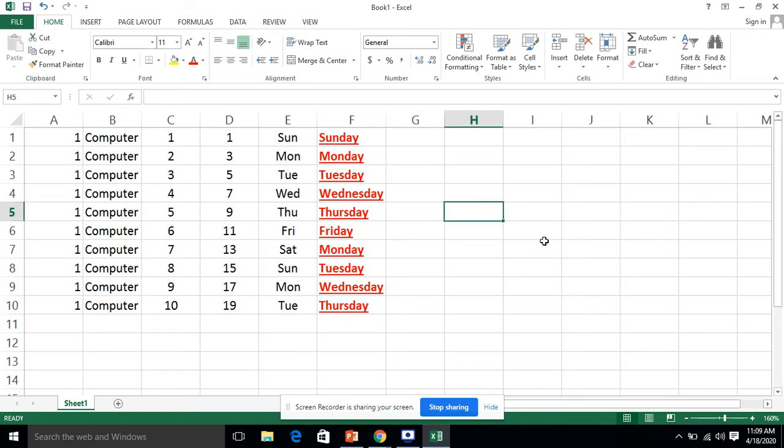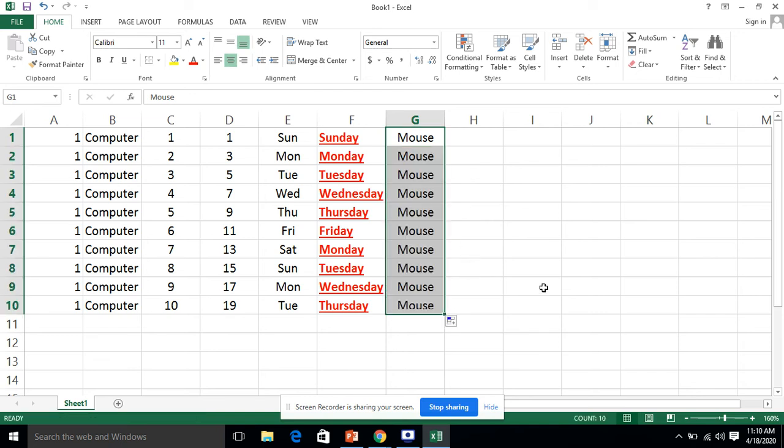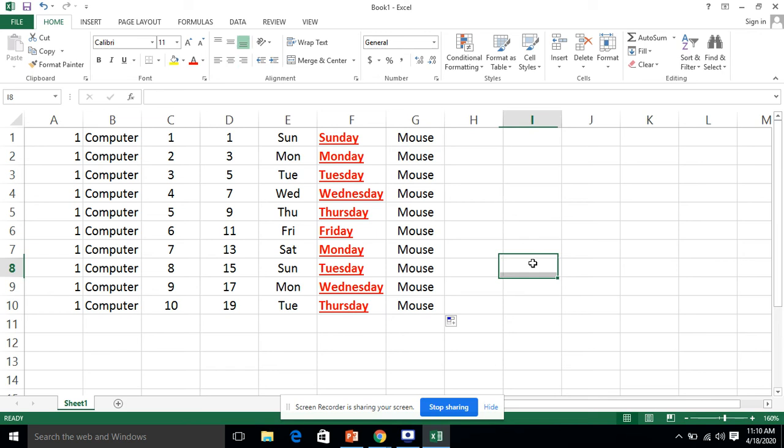For example, I want to have a series of devices. When I write mouse, then keyboard should be there, then monitor, then all the devices should come. But there is only mouse. Why? Because there isn't such a series.